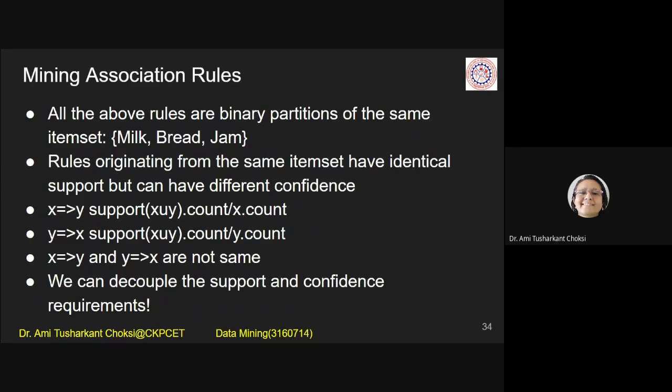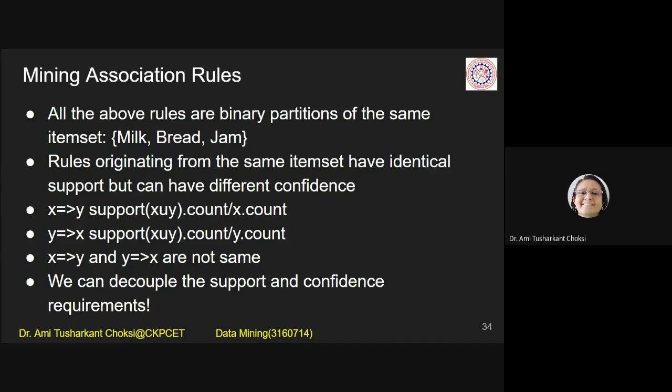So what do we say? The rules which we have just discussed were the rules regarding milk, bread and jam. Rules originating from the same item set have identical support, but can have different confidence. Okay,